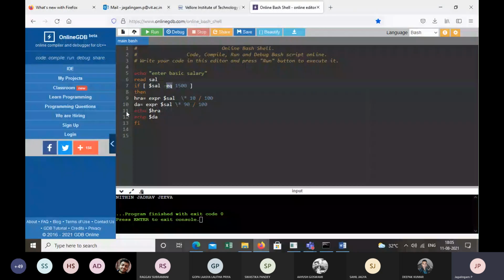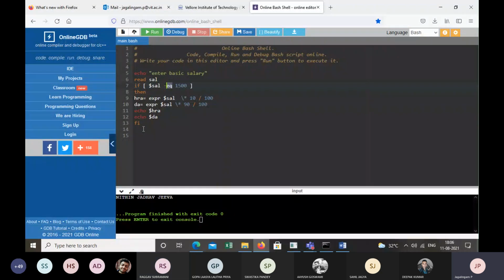And what is the one different thing you have observed here? Look at line 7 and line 13. What does it mean? Does it say that if that condition is true, like if salary is equal to 1,500, then the following statements are executed? Yes, that's completely true.